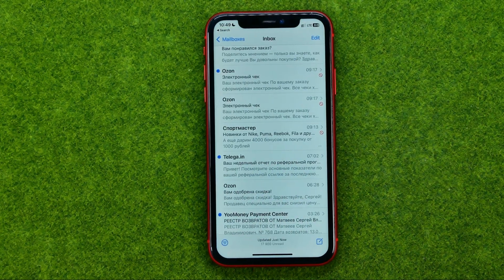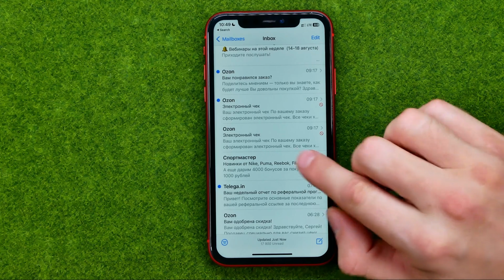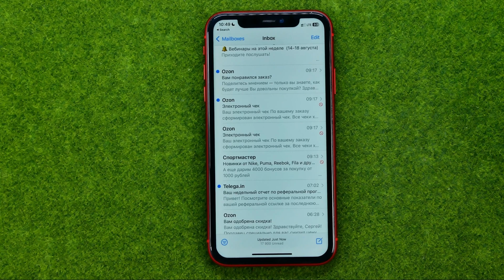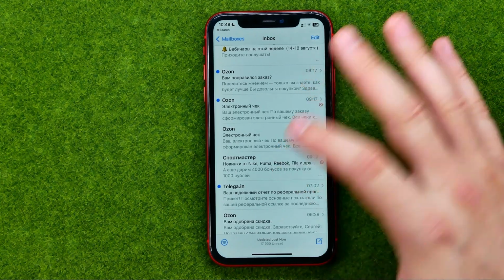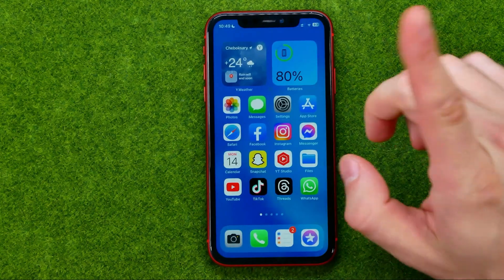However, if we go to inbox now, we can see that icon next to that user's email. However, the email is still here. If we would like to automatically move all those emails from that user to the trash, we need to go to Settings,